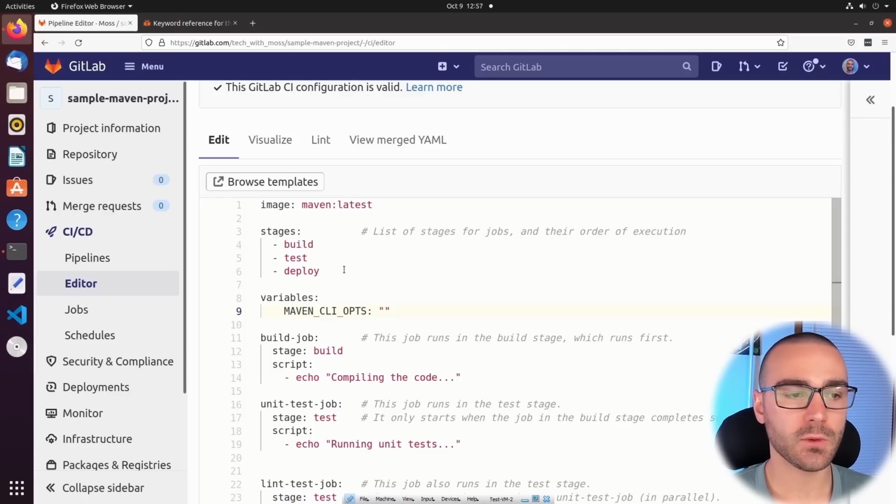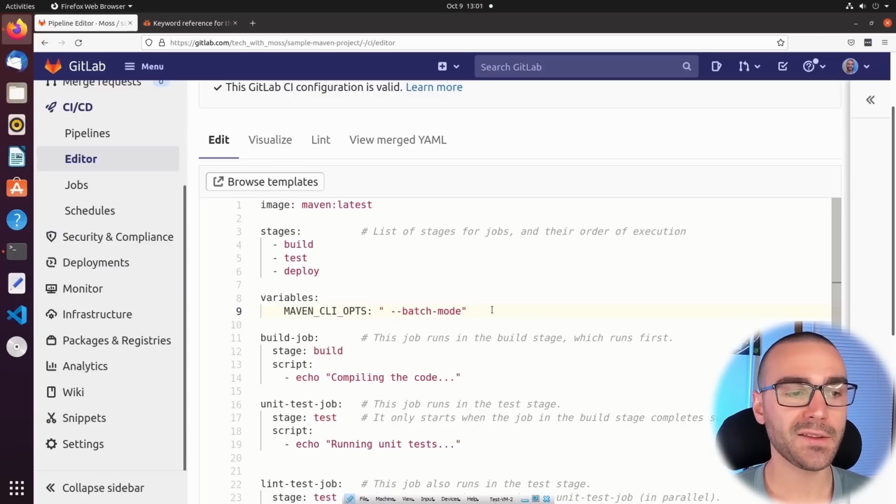And the only option that we're going to pass to Maven is the --batch-mode. And this will run Maven in a non-interactive mode so that it won't prompt for interactive input. And now that I've defined this variable, I can reference it in any of the shell scripts that I define in any job in